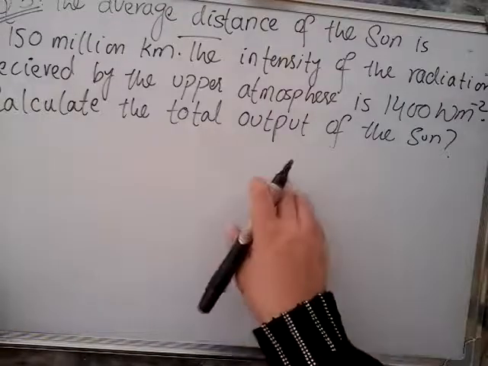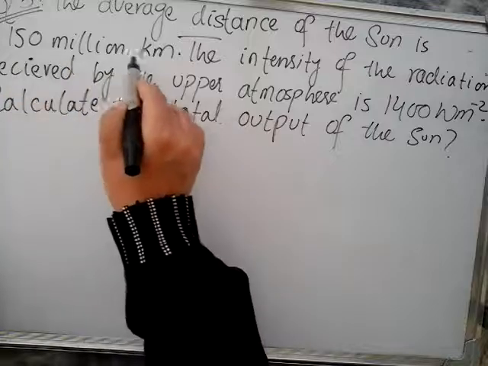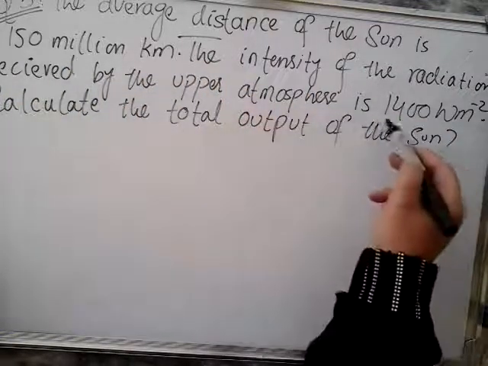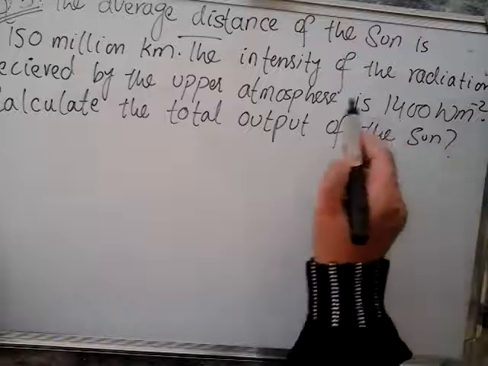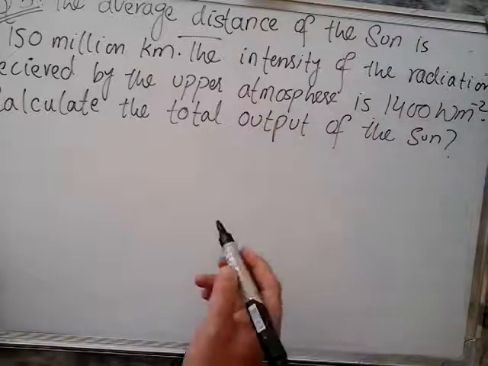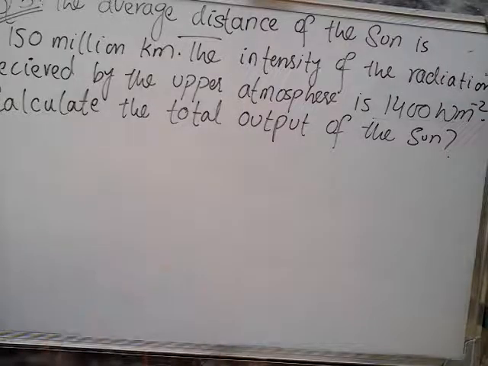Next question: the average distance of the sun from the earth is 150 million kilometers. The intensity of the radiation received by the upper atmosphere is 400 watt per meter square. Calculate the total output of the sun. So we need to find the total output of the sun in terms of